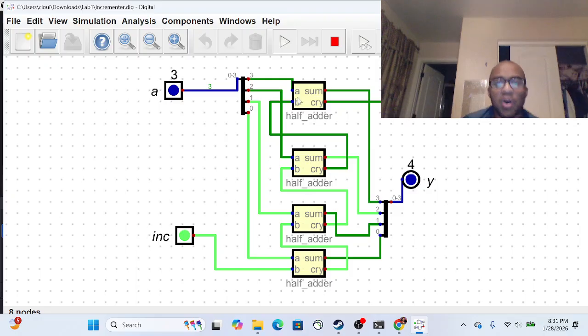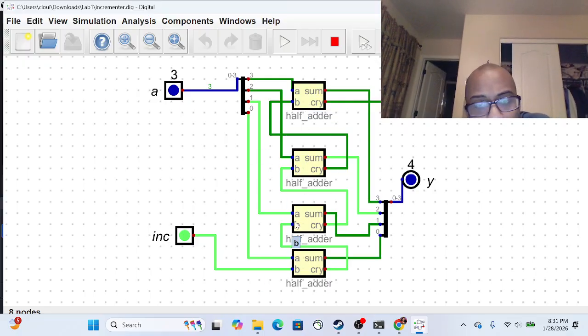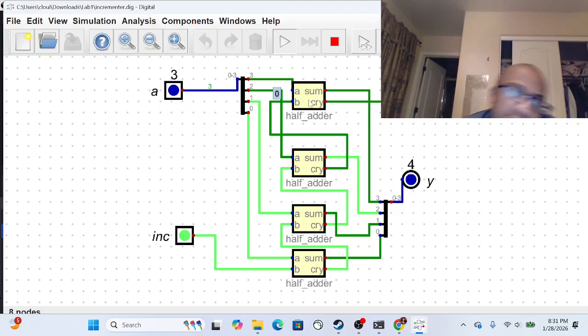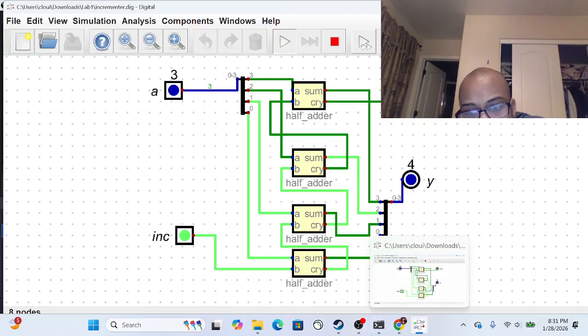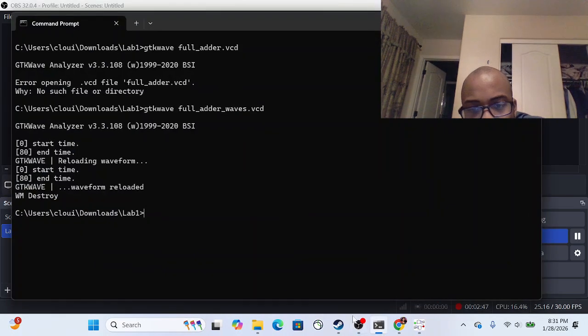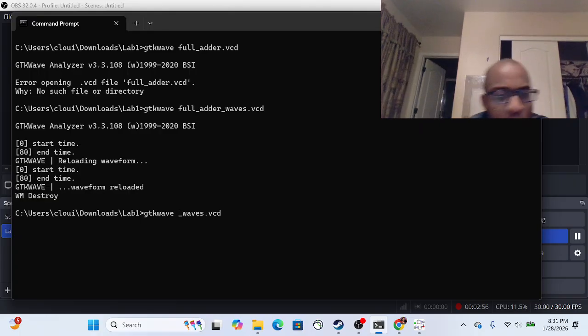The components of this are half adders, which add 2 bits together. I'll show in a little bit how this half adder works, which helps make this incrementer work. And if we pull up the GTKWave for the incrementer circuit, if you pull up the waves for that,